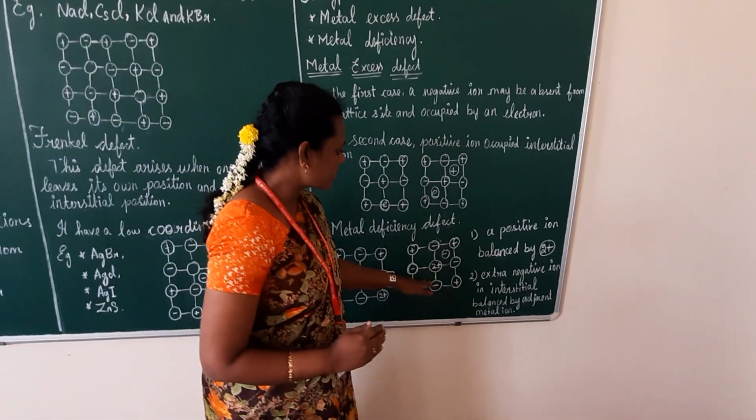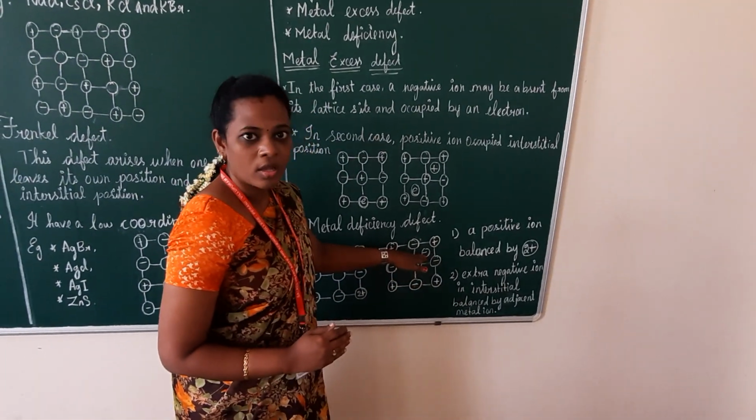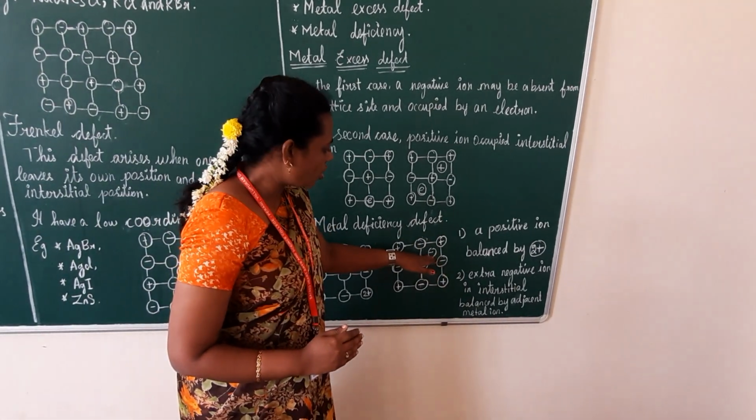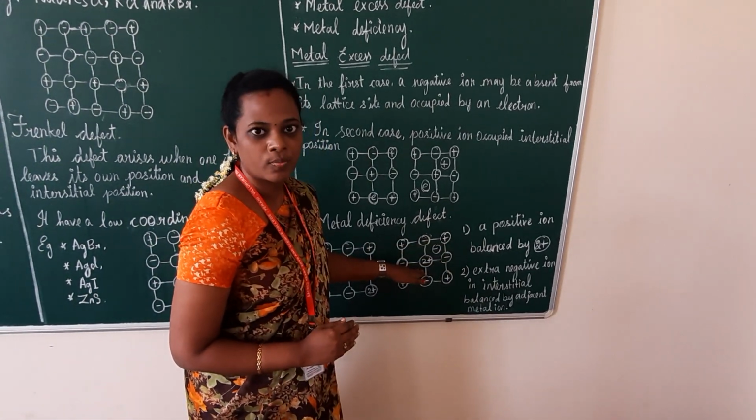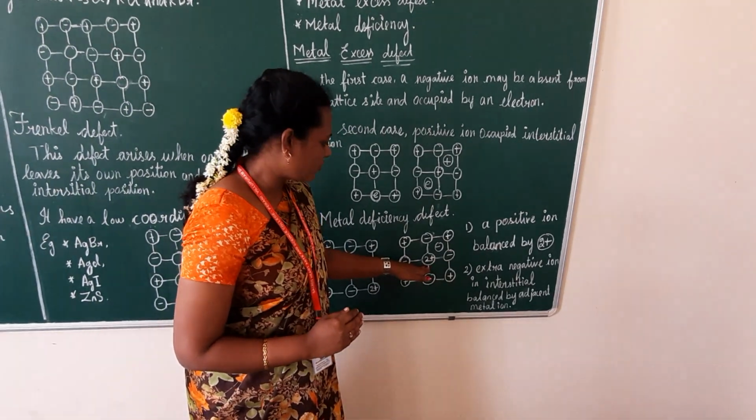In the second case, there is an extra negative ion which is also balanced by the adjacent 2+ ion. So this defect is also termed